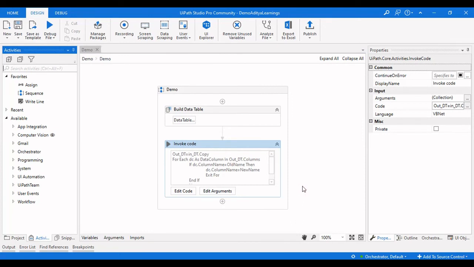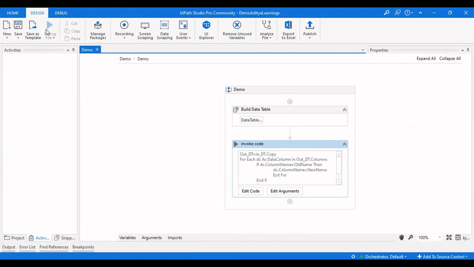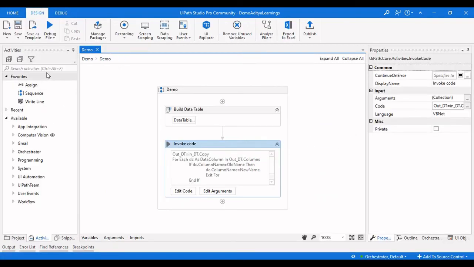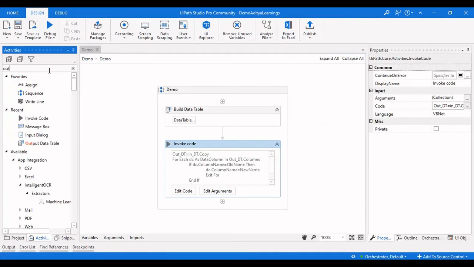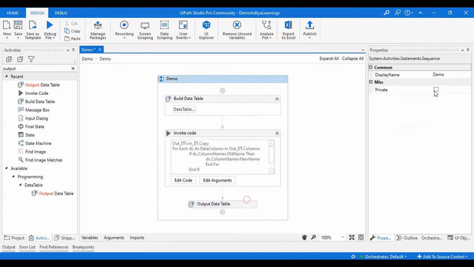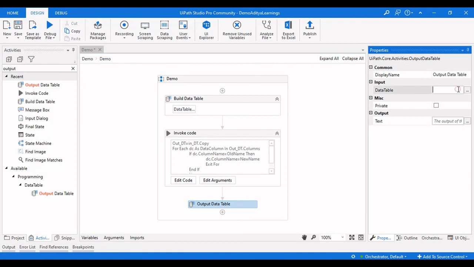Let me save this one and execute it to see. Okay, we are not given any output message box or anything to see the output. So let me stop this one and drag an output data table activity here, and here we need to provide the input, the output data table, which is dt, and let us create a data output.